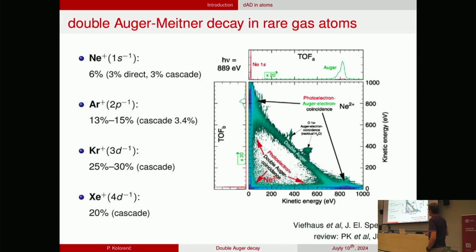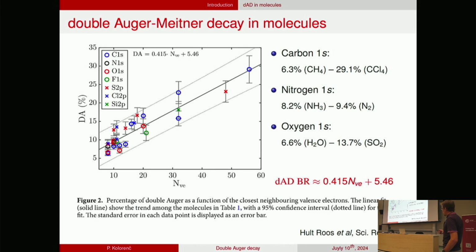So what is known about double Auger? If you study the literature, you will learn a lot about double Auger in rare gas atoms, and you will see that in neon it accounts for about 6%, and if you go to heavier atoms, the double Auger branching ratio will get higher, but here I want to talk about molecules, and there is very little known until quite recently in the work of Hultros and Raimund Pfeiffer here,